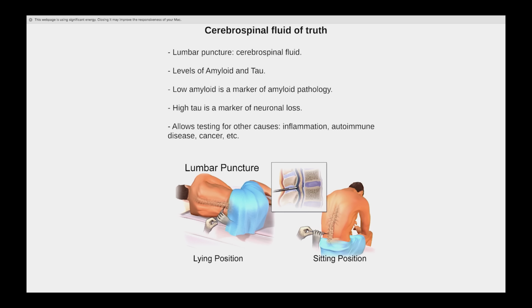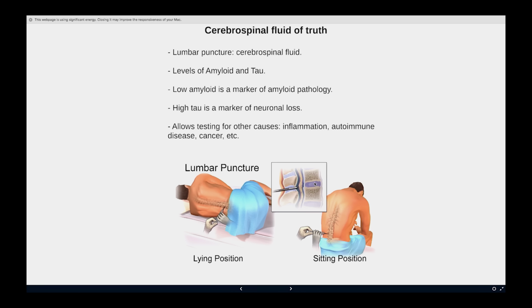All right, so let's start with the cerebrospinal fluid of truth, as I call it. So this is how a lumbar puncture is done. We go with a needle in the lower back of a person after, of course, we've cleaned it really well and we've given them an anesthetic so that they don't feel the pain. And we go in the space that is, so these are your vertebral bones, and they are there to protect that cavity that is filled with that fluid and that the spine is in.